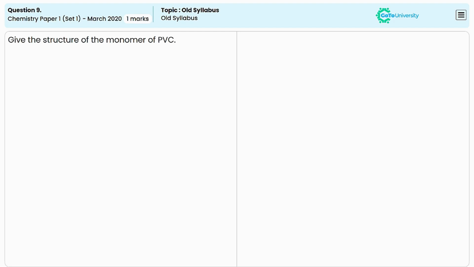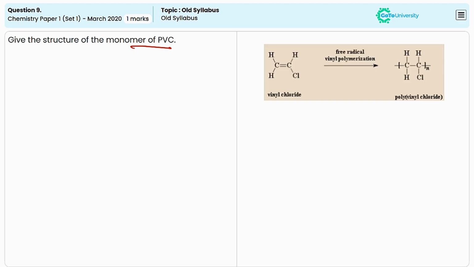In this question, we have to give the name and structure of the monomer of PVC. PVC is polyvinyl chloride and the monomer of PVC is vinyl chloride. Vinyl chloride is a small organic molecule with the chemical formula CH2CHCl. It consists of two double bonded carbon atoms where one of the hydrogen atoms is replaced by the chlorine